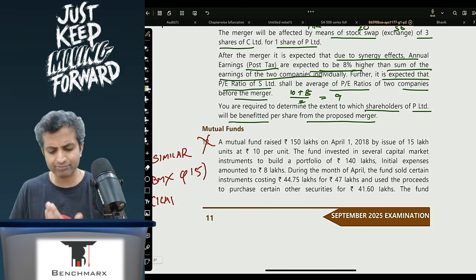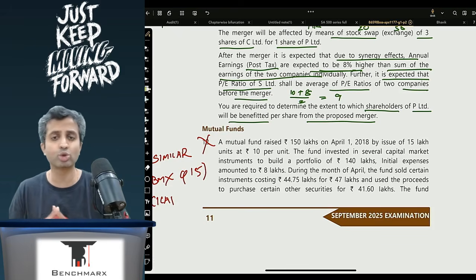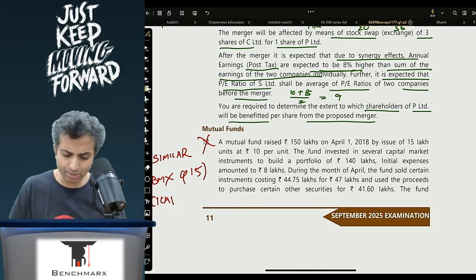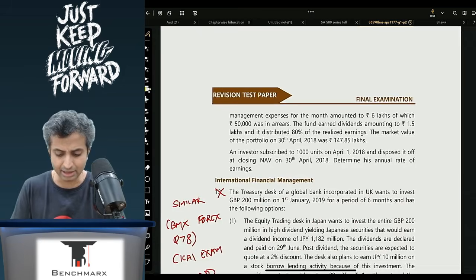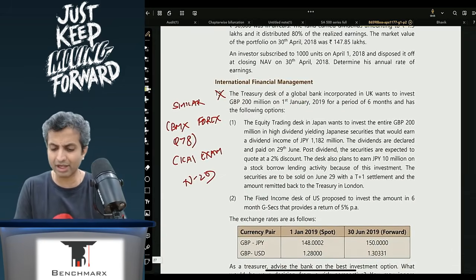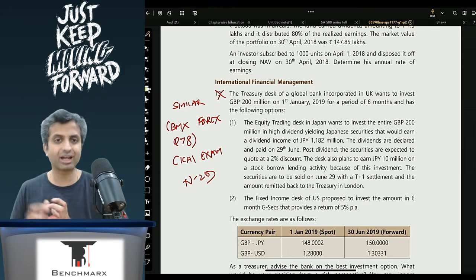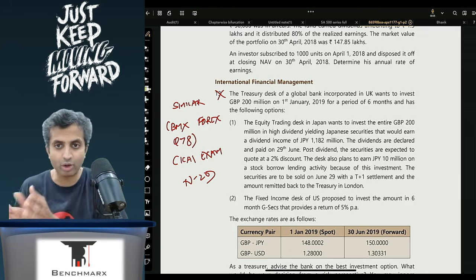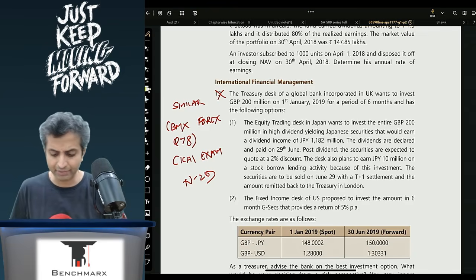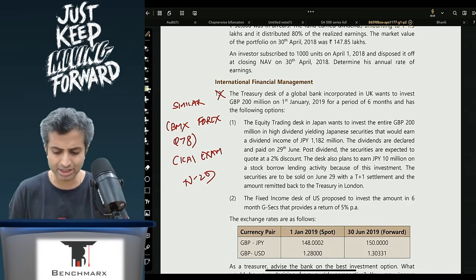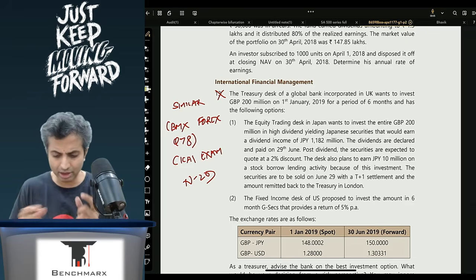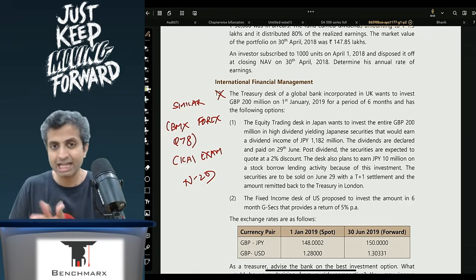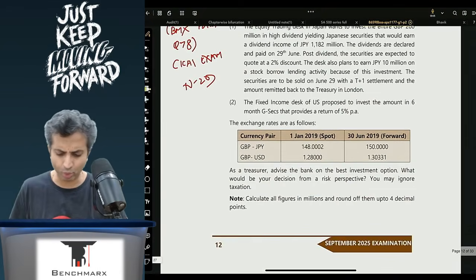Now question 13 is like a mutual fund question where there is a crucial adjustment on calculation of cash, similar to question number 15 of our material, and it is also there, I believe, in the ICAI study material. International financial management, actually this is a foreign exchange question, which is question 78 on international investment, on which of the two opportunities that you have is better to invest. We have a question which has Japanese yen as well as the US dollar treasury, similar over here, and you are trying to figure out which of the options is better. Question number 78 if you want to review.